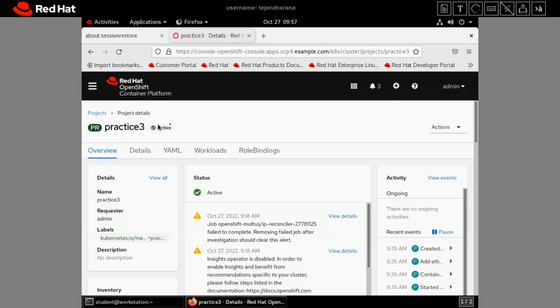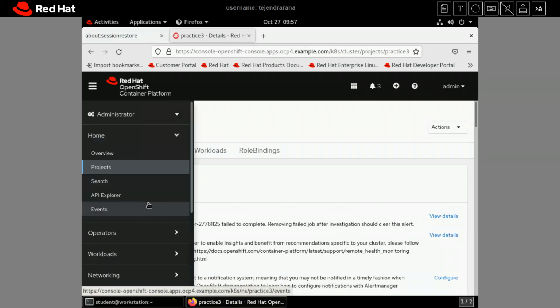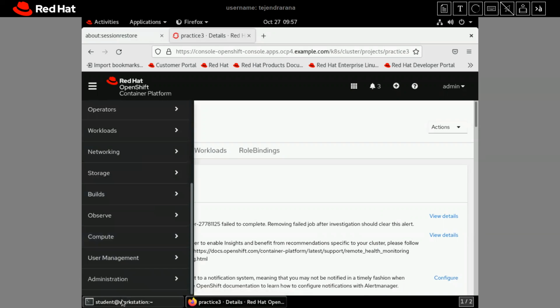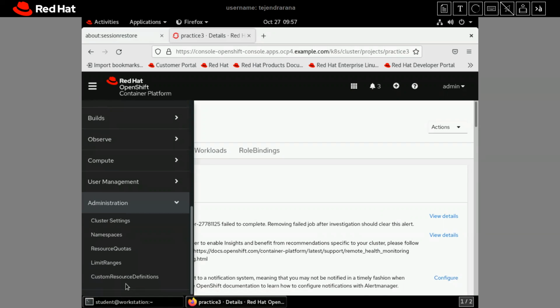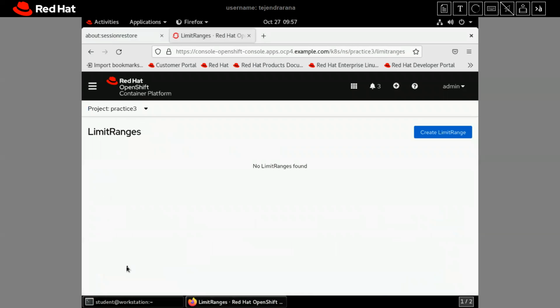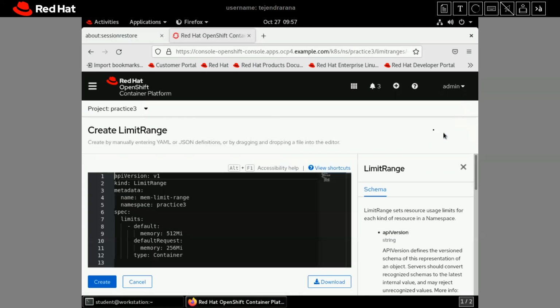Okay, so we are now in our project area, and then let me go to the administration menu, and from administration let me select the limit range. Okay, currently no limit range is here, so let me click on create limit range, and it is the sample limit range, right? So this is the template we can use. Let me copy this whole template here,